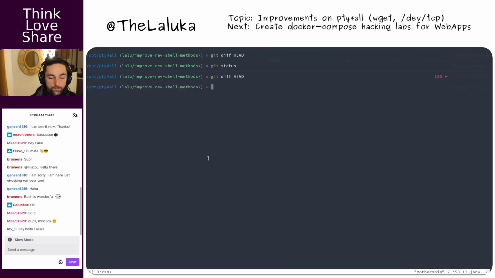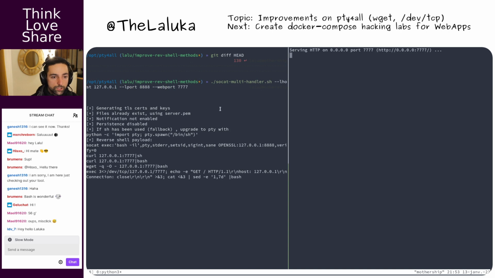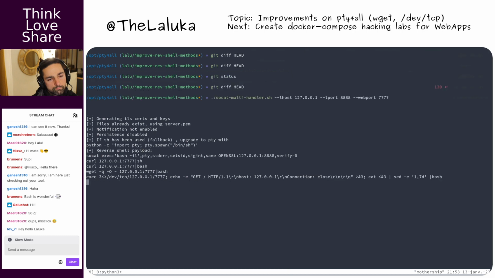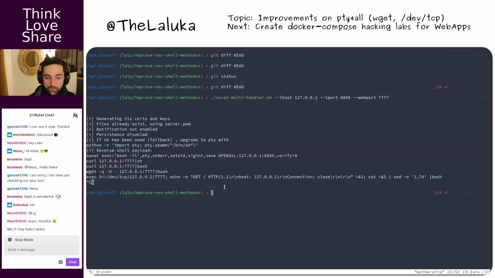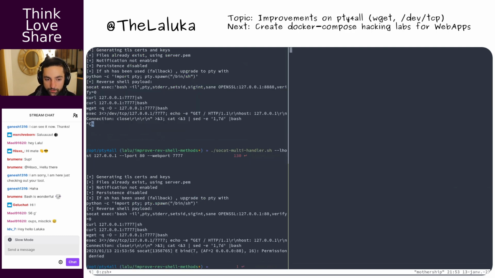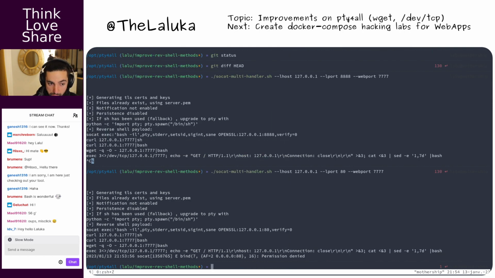Cool. So multi push. Now we do not... Yeah, probably missed too. Oh yeah, my web port is not 80 for sure. I'm not root, so it will not work, but it should have displayed.